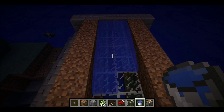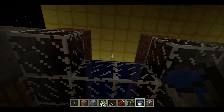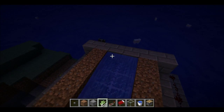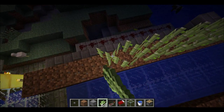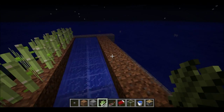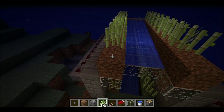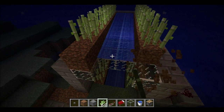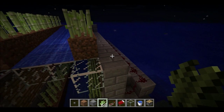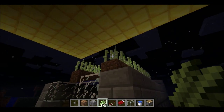Just do that, and then you can place your water there, and then you still get light through the water, and all your drops will still come down through right here. And then again, you can just place your reeds. Oh, it's in my way. But anyway, you guys get the point, I'm sure. Oh, yeah, I guess I can't put that there. So yeah, basically all you have to do is copy this and put it above,